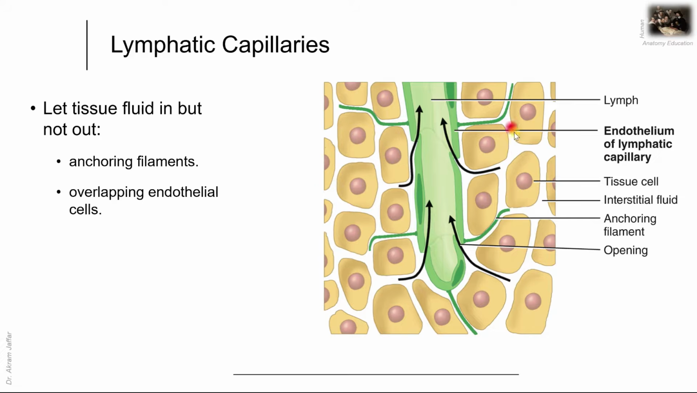So when there's an increase in interstitial fluid here, these filaments will pull on the wall of the capillaries and will prevent the collapse of the capillaries, although they are very thin-walled. And the second thing, as we can see here, is that the endothelial cells lining these capillaries overlap each other, so they can act like a one-way valve, allowing fluid to go in, but not allowing fluid to go